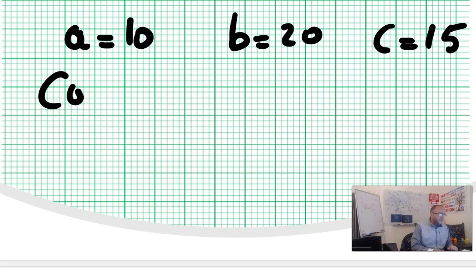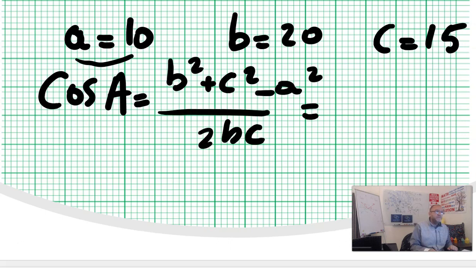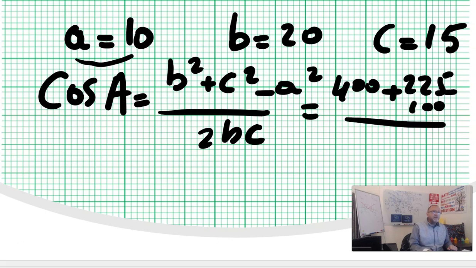Cosine of A, and you don't pay attention that A here is not the largest side, so you go cosine of A equals, you flip it to the other side, B squared plus C squared minus A squared divided by 2BC. And if we put them together, B squared is 400, C squared is 225, minus 100, A squared, divided by 2BC, 20 times 15 times 2, that's 600. And then what do we get? We get